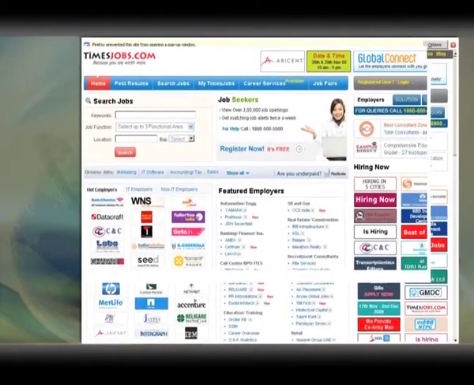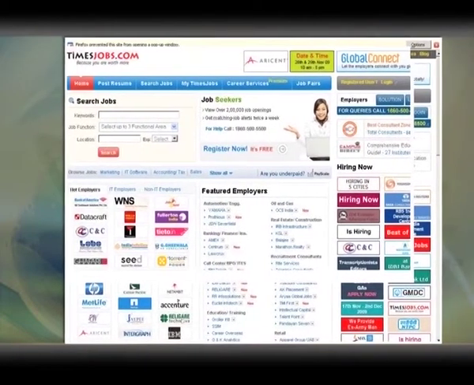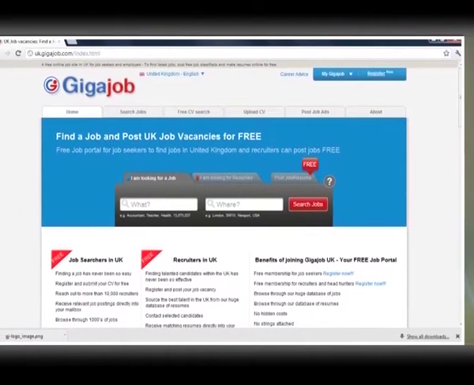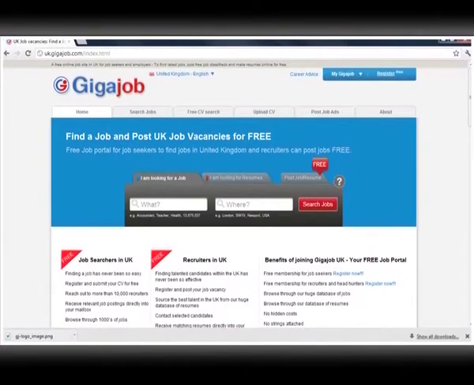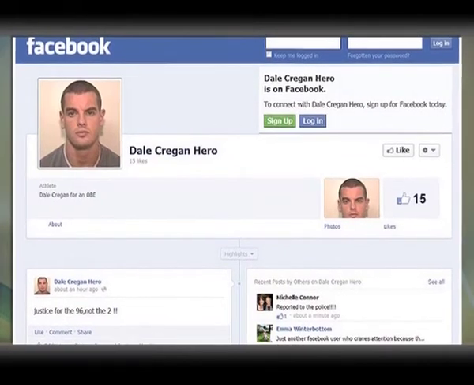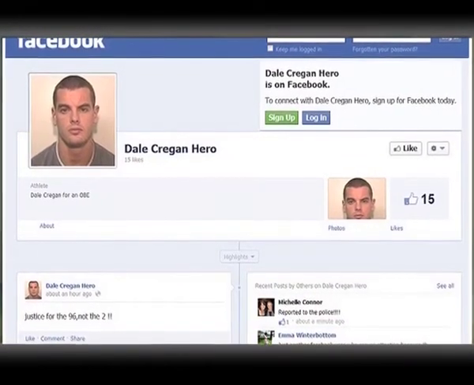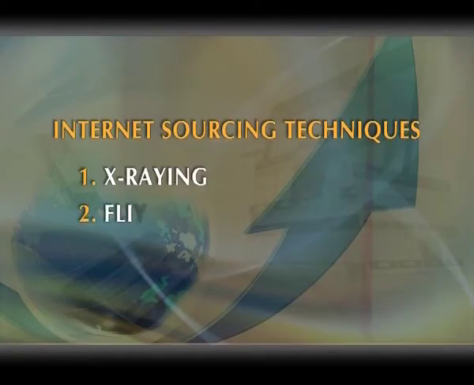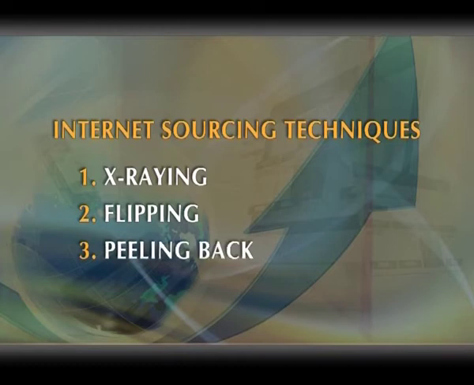In recruiting and sourcing, this means using of techniques such as primarily internet to identify candidates. Individuals in the recruiting industry that have deep expertise in uncovering talent in the harder to reach places on the internet, forums, blogs, alumni groups, conference attendee lists, personal home pages, social networks, etc. With the boom of social networks and the more people sharing information about themselves on the internet, the amount of data has become unmanageable. Internet sourcing techniques: X-raying, flipping, peeling back.